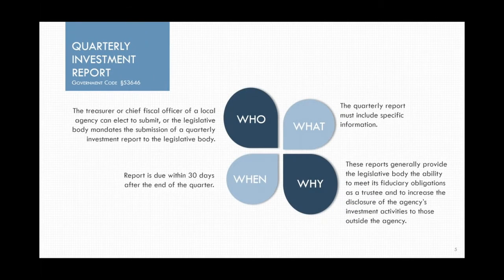The quarterly investment report is required under California Government Code section 53646(b), which states that a treasurer or chief fiscal officer may prepare a quarterly report to the chief executive officer, internal auditor, and governing body. If the quarterly investment portfolio report is submitted, it must contain certain information, including a listing of investments, fund balances, and return on investments made by the local agency.